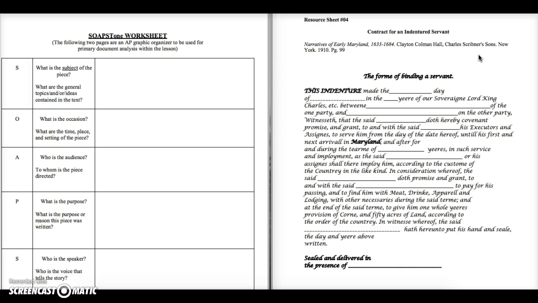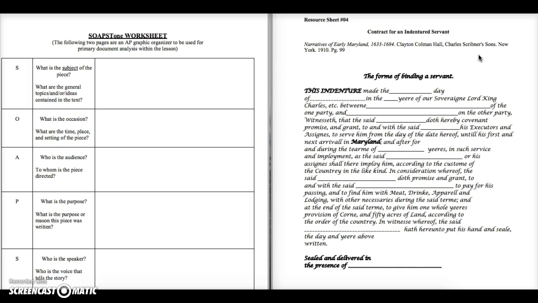This indenture made the blank day of blank in the blank year of our sovereign Lord King Charles, etc., between blank of the one party and blank on the other party, witnesseth that the said blank doth hereby covenant promise and grant to and with the said blank his executors and assigns to serve him from the day of the date hereof until his first and next arrival in Maryland, and after, for and during the term of blank years, in such service and employment that the said blank for his assigns shall there employ him according to the custom